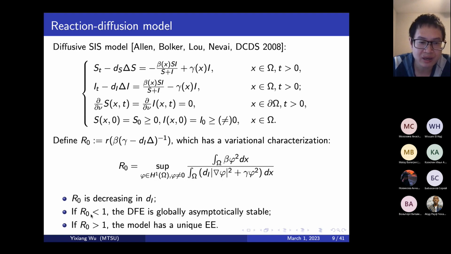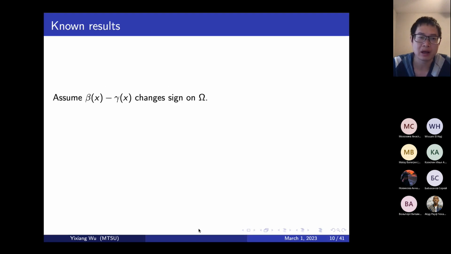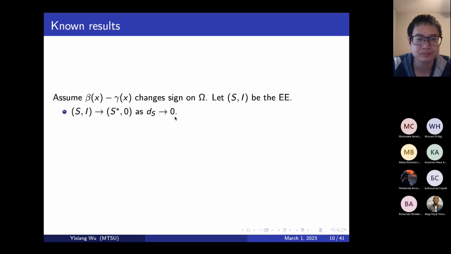If R0 is less than 1, the disease-free equilibrium is globally stable. If R0 is greater than 1, the model has a unique endemic equilibrium. Then they assume beta minus gamma changes sign on omega, which means there are places in the domain of high risk and places of low risk. Then let (S, I) be the endemic equilibrium. Then they are able to show that